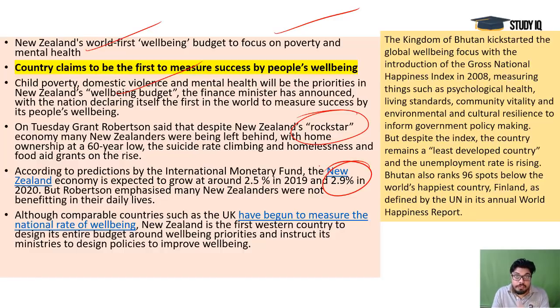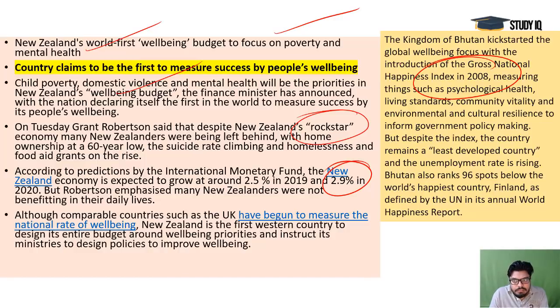So these numbers are not so great like Indian economy, because India is a growing economy, in a developing stage, so the numbers for GDP growth are very high. But for these developed countries, these numbers are not so much, and they are already developed, so they do not need that many numbers. So these are bigger than that. And this issue of maintaining well-being and happiness, poverty, mental health, peaceful conditions for the people, social issues and all, was kicked off by the Kingdom of Bhutan by starting the happiness index in 2008.